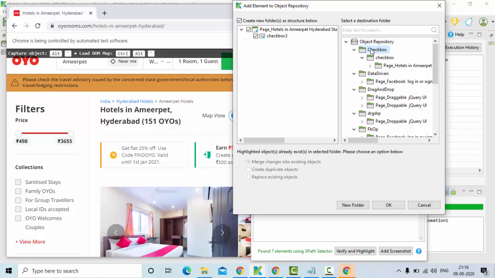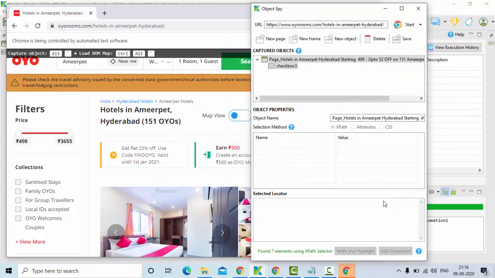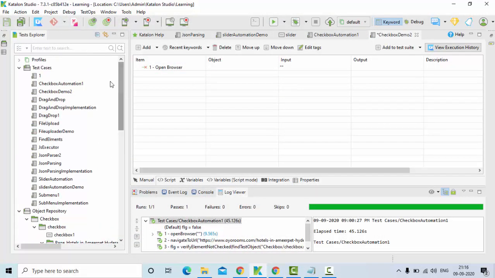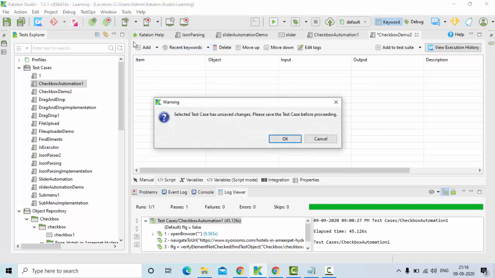So in the checkbox just select and save it and close it. I am here, right? Checkbox demo. So let me delete this and record the web.